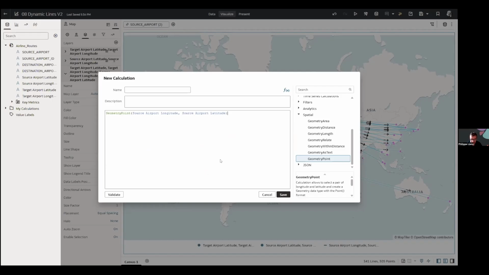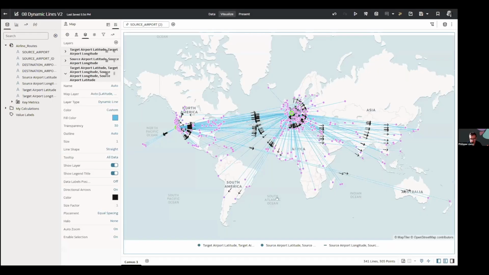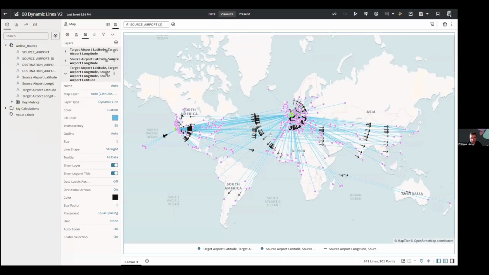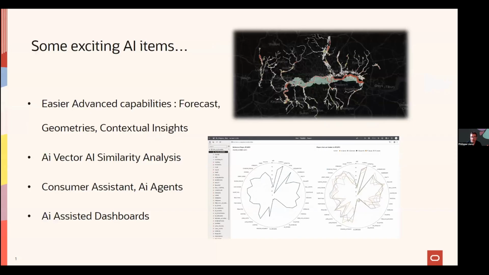It's actually all of what I'm showing is already GA, so you can already go ahead and try it and build advanced capabilities there. One more thing I would like to highlight that is GA is the leveraging of database embedding models and vector capability at the fingertips of business users. That's a bit different from what you're used to with LLM capabilities.